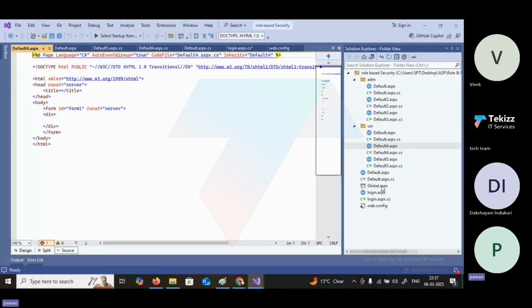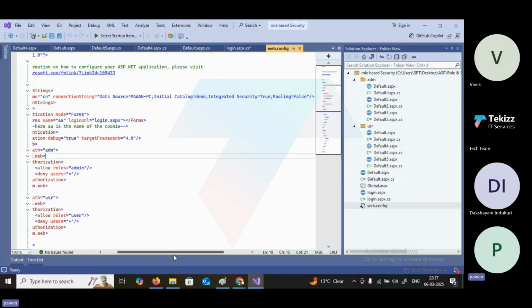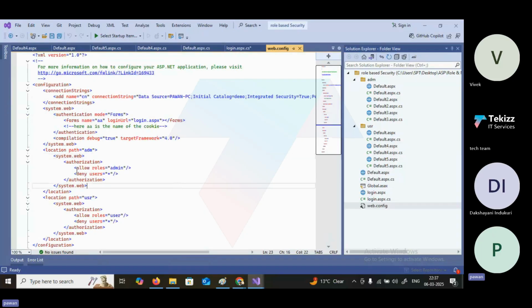How we can redirect to these pages. Okay, so this is the main thing where we are setting the authorization. This time authorization is based on roles. We are allowing the role to access this admin folder. So at this point